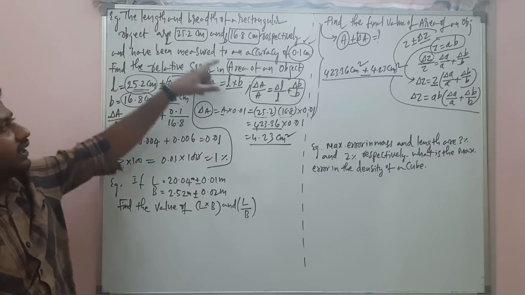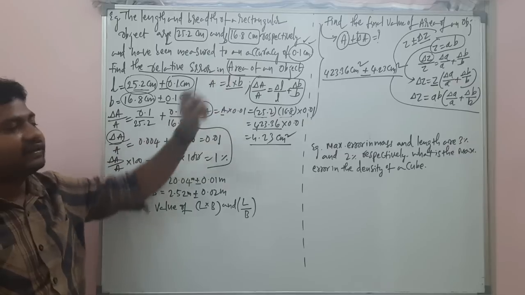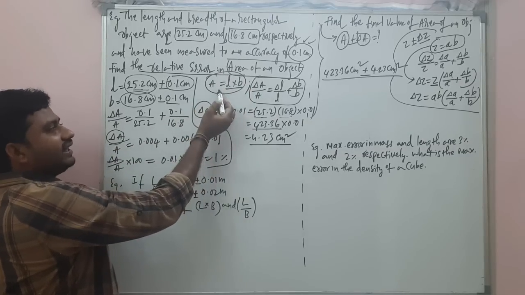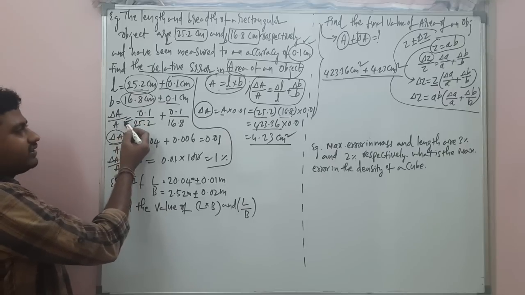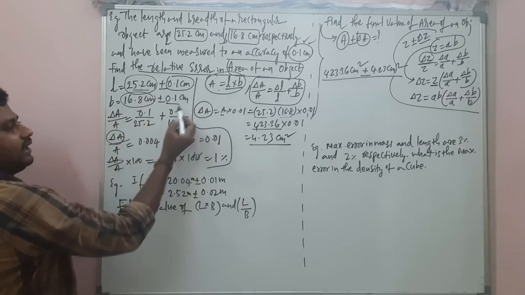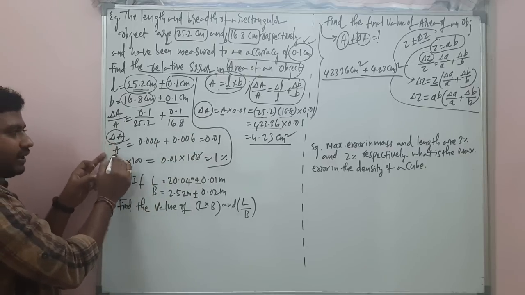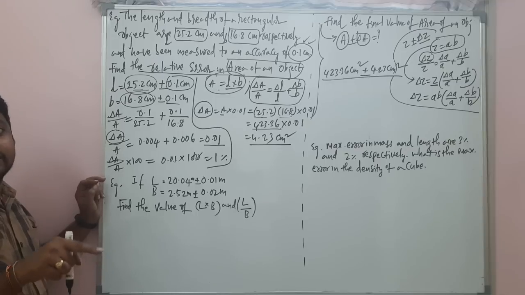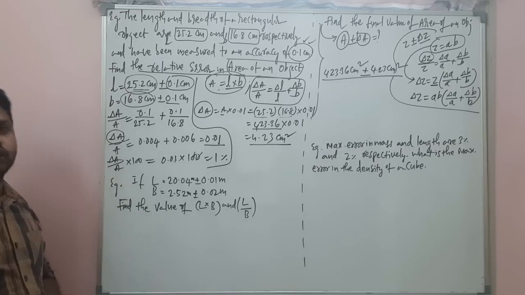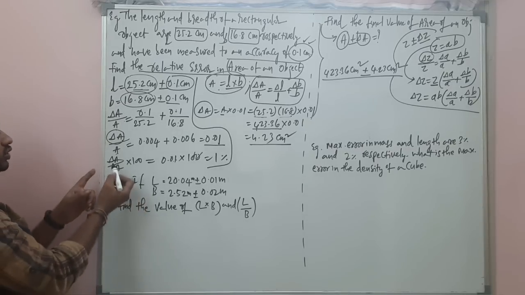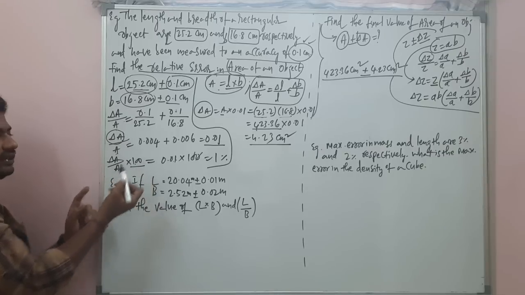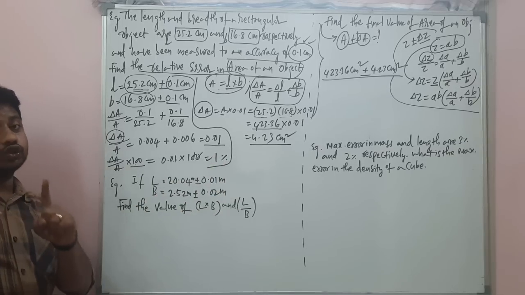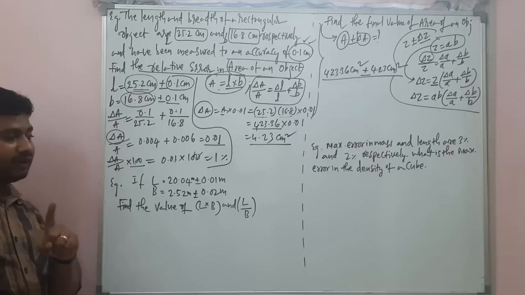First, the question is about area of an object and relative error in the area of an object. It's so simple. Area is length into breadth and relative error in it will be delta A by A, which is equal to delta L by L plus delta B by B. So you got delta A by A as 0.01. Now, if the question is asked to find the percentage error, that is also an easy task. It's so simple. Delta A by A into 100. That's the percentage error. Done. 1%.